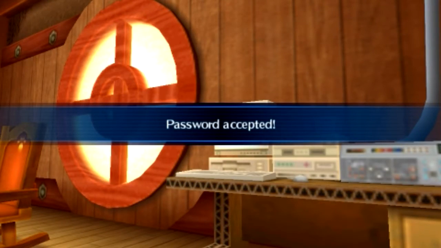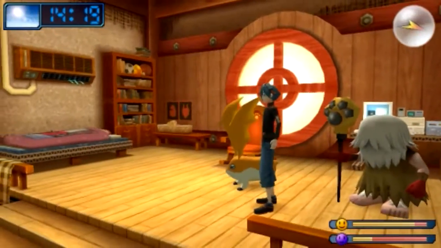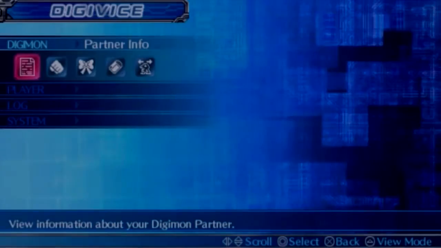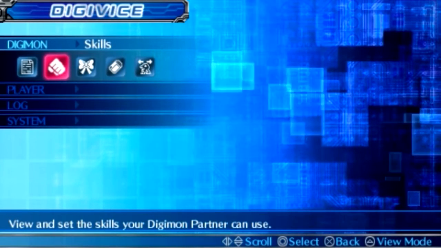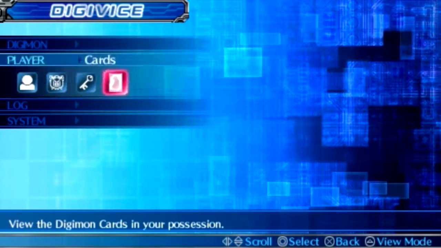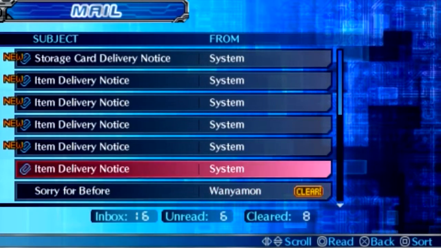Okay, there we go, guys. So I've put all the passwords in, and it just comes through on our mail. So let's go take a look what goodies we got. Again, I'll put these passwords in the description so that you guys can follow this too. We want to go to mail. Here we go. So we've got